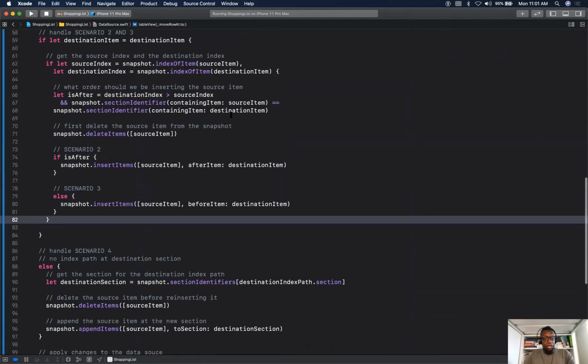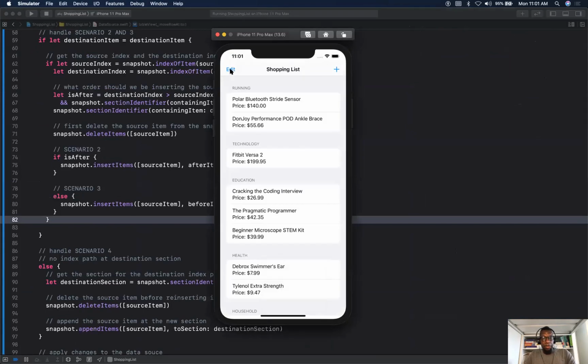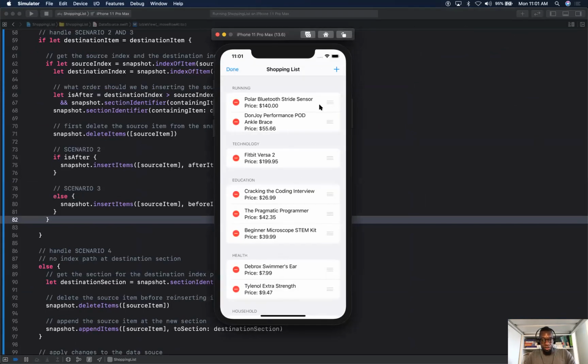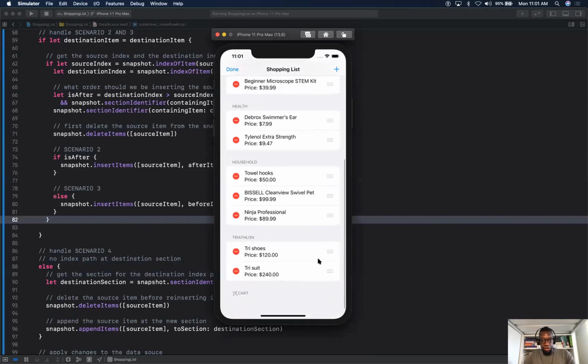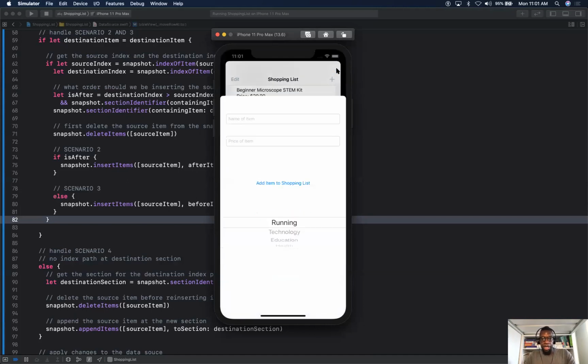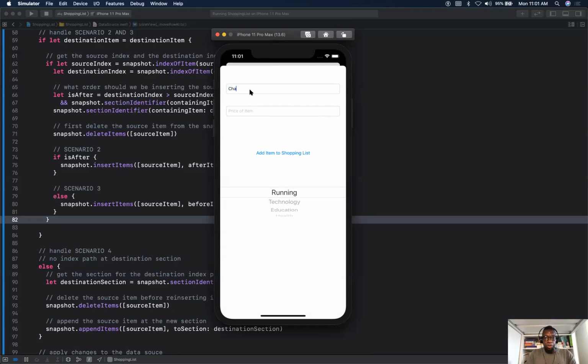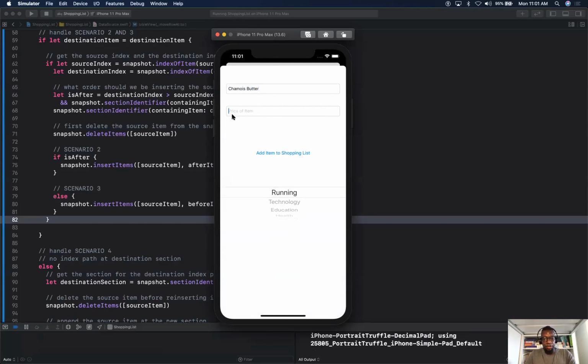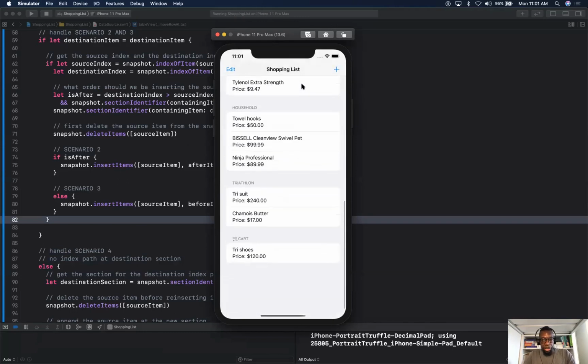Let's run this and let's see what we have. All right. So if I move something to my shopping cart, move try shoes to my shopping cart here and click done. That's not enough because we did that earlier, but the big test is, can I add a new item without crashing my app? Let me hold my breath. This is 17. I want to put this in triathlon. And it is in triathlon without crashing my